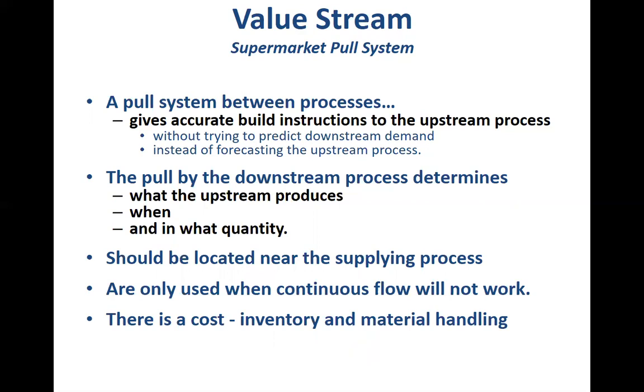So there's no forecasting going on for the upstream process. The pull by the downstream process then determines what the upstream produced, when they produced, and in what quantity they produced. So the downstream process, that is the customer process, also knows what exactly upstream is doing. The supermarkets typically are located near the supplying process, so they own that in terms of what exactly is going on in the supermarket. And then they're only used when continuous flow is not possible because of all these reasons